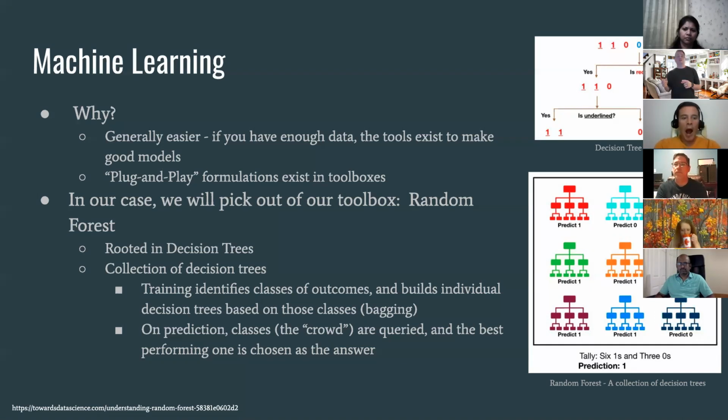And so on the prediction, these classes, which you can think of as multiple different decision trees, are all queried, and the best performing one, based on an error, is the one that's chosen to give you your prediction. So you can imagine that's pretty robust, right? And they're pretty good. In fact, I would dare to say that if someone comes to you and says, "I have a machine learned model, I'm not going to tell you what it is, but it predicts something really well," I can almost guarantee it's a random forest. It's kind of the go-to thing if you're just looking to put something quick together. Use a random forest because you're probably going to get a really good answer.